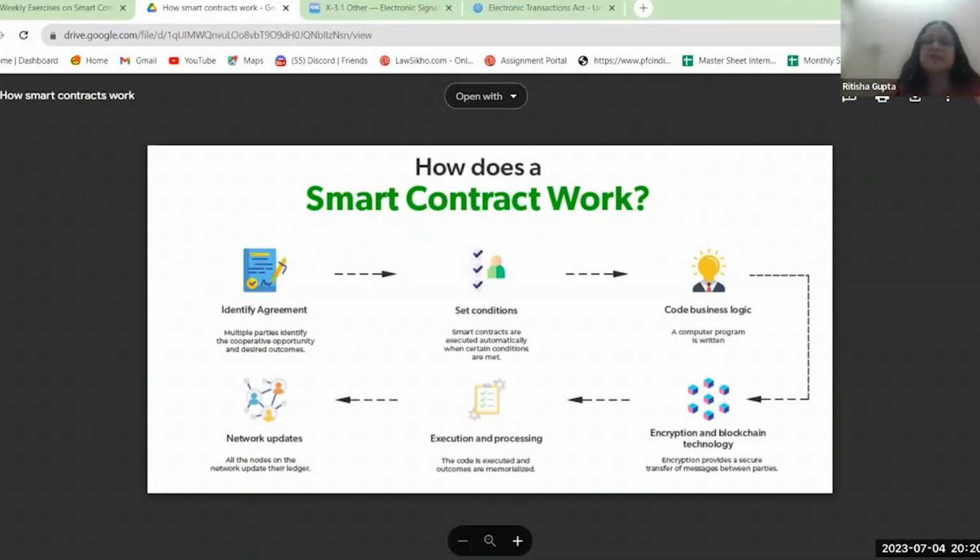The only difference is, for example, when we talk about digital storage, let us take the example of the MCA, the Ministry of Corporate Affairs. All the filings that any private company needs to do on their platform are saved in their database, and this is also accessed digitally, right? So can we call the internal database of the MCA a blockchain? Incorrect. We cannot term that as similar to a blockchain because of the very basic difference that these digital storage spaces or digital ledgers are controlled by these authorities,